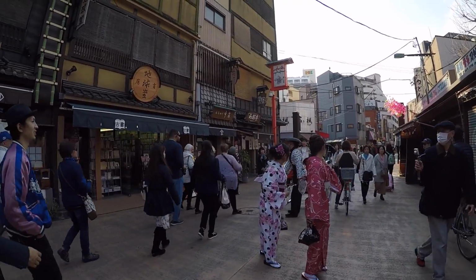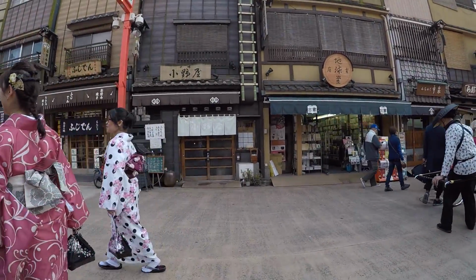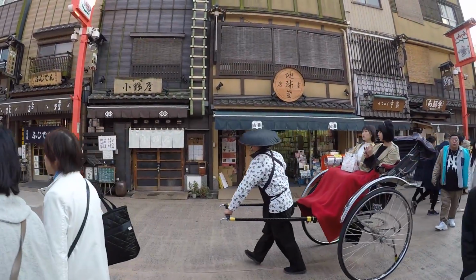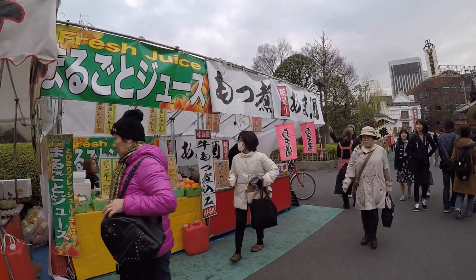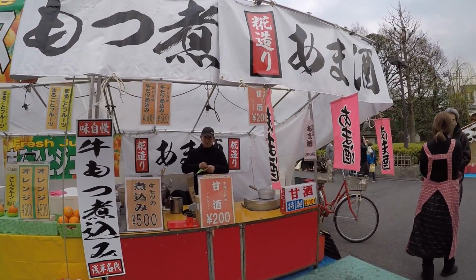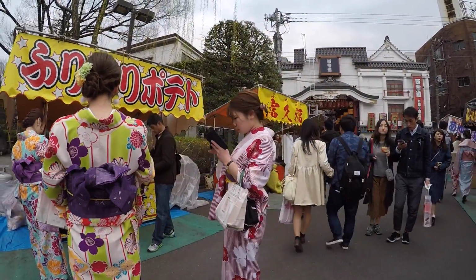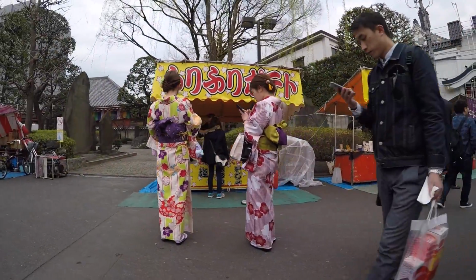Afterwards, we participated, well, not we, my wife did, in an optional excursion to wear kimono, and not just wear it, but they allow you to walk around Asakusa. And we took some pictures. And actually, we stumbled upon a festival going on at the same Sensoji temple that we were at the other day. And so we had our kimonos and walked around and ate a ton of street food, which was a